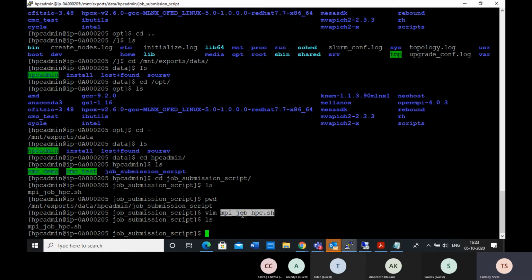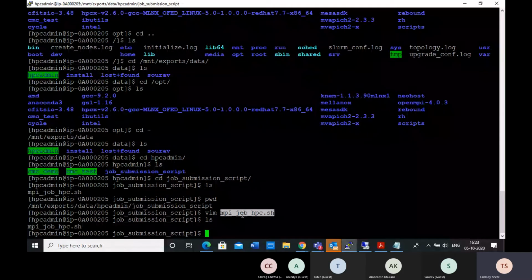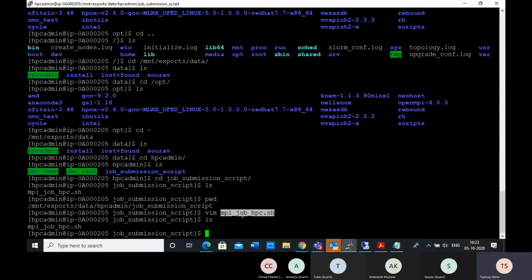But suppose after 10 or 15 minutes your job is still stuck in the configuring state, then there can be a problem on the cloud system, and in that case you can send an email or call us. Then we'll check, and if it's really a problem we can fix it. But otherwise, just wait for 5 to 10 minutes for your job to go from the configuring state to the running state.